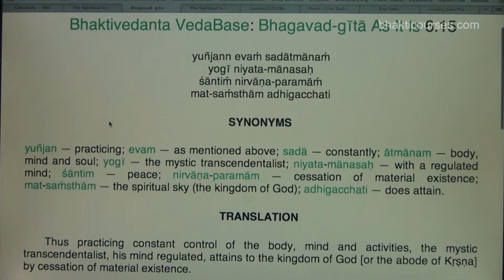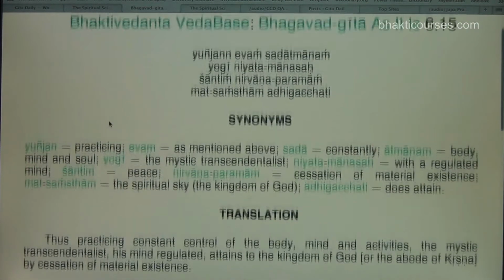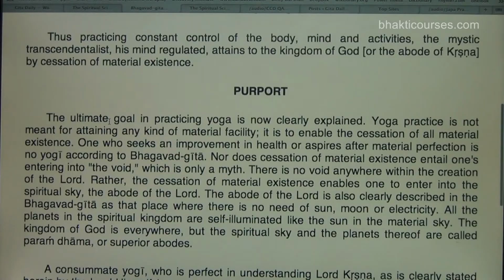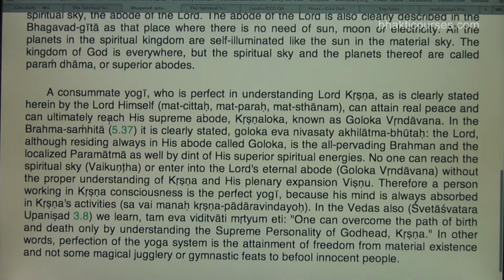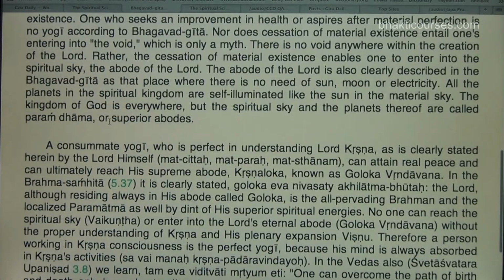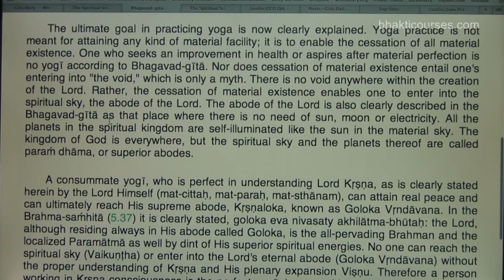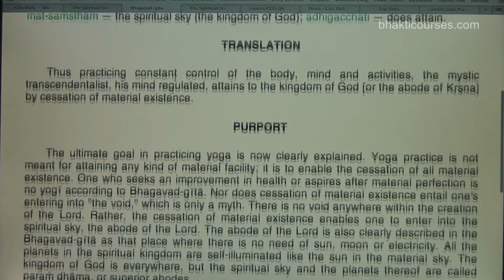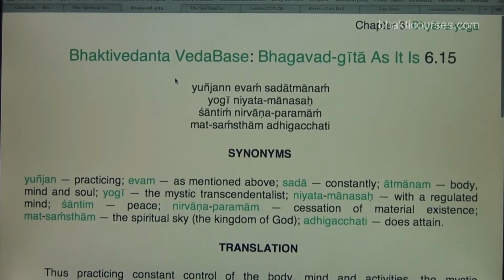But the point is Krishna is talking about an ultimate reality which the yogi attains by the practice of yoga sadhana. And then Prabhupada talks about how the ultimate truth is Krishna, and it is Krishna whom we have to attain. So what is this Matsamstham? Prabhupada refutes the point that Nirvana Paramam means void. So the first point he makes is, what is the goal? Nirvana Paramam.